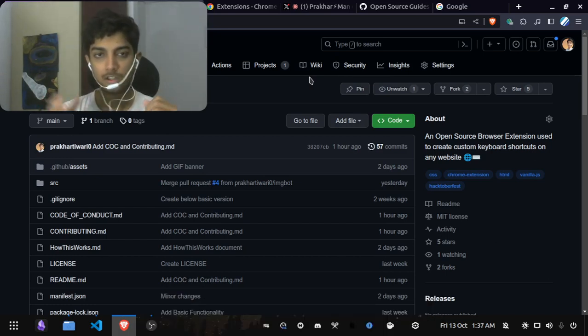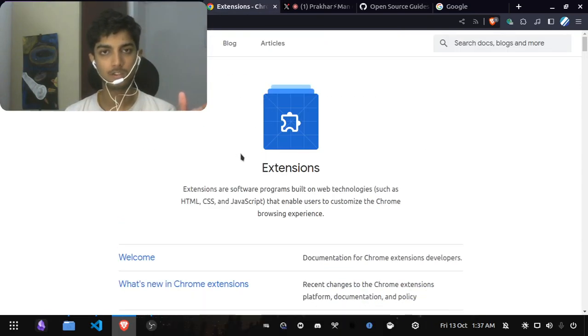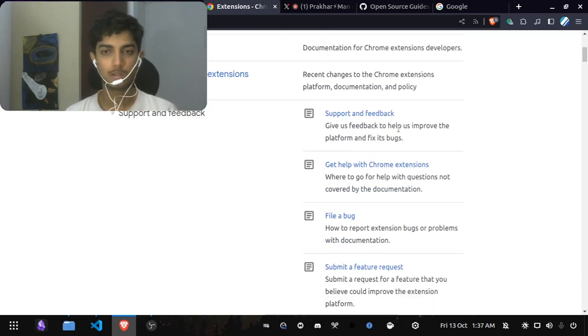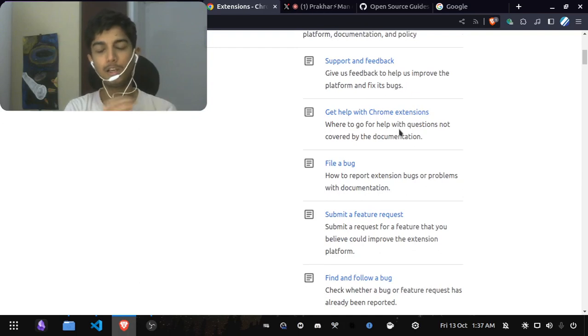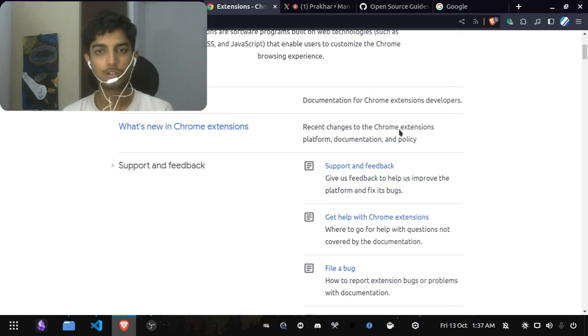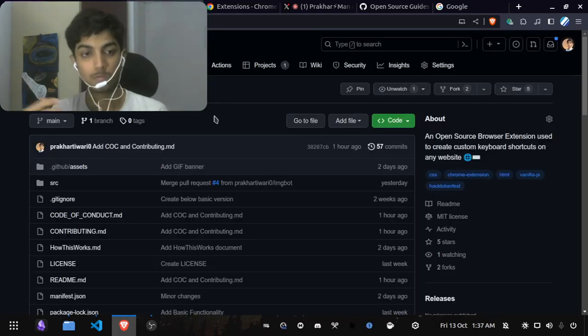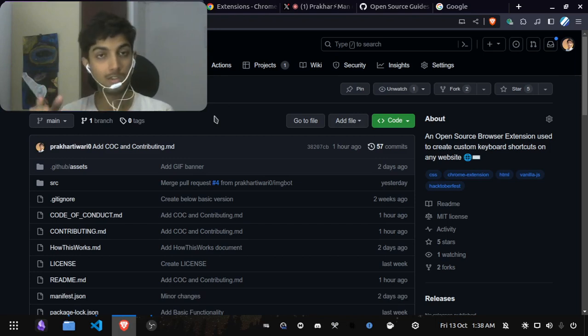Yeah, so as a contributor, you need to know certain things like how Chrome works. Well, if you don't know that, you don't need to worry because this is not anything technical. If you have your JavaScript skills right, then you can understand everything very easily. Just APIs and stuff, how things are working, nothing complex. Go to this documentation once, and I will suggest learning on the go. So while you understand the code, just read the documentation and understand what is happening. Use ChatGPT or any other AI tool to understand what an API does,